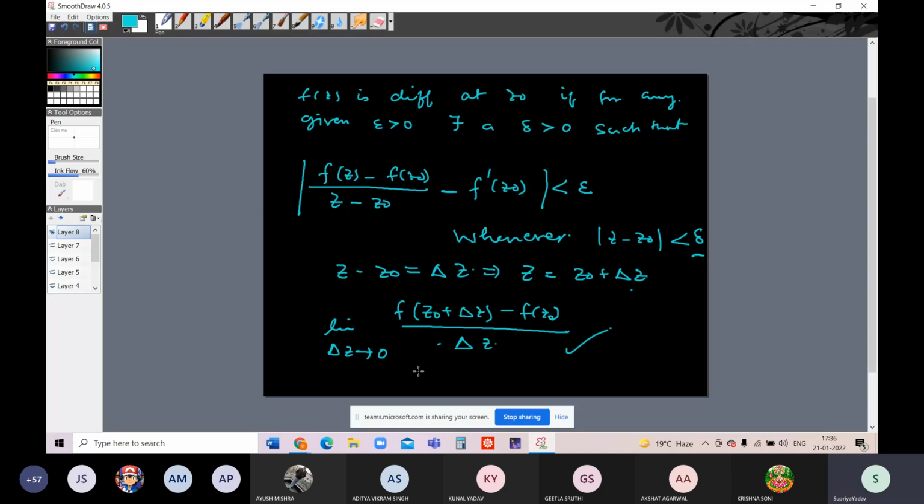Okay. And if we talk about the epsilon delta definition, this definition will be like: f z naught plus delta z minus f z naught divided by delta z, minus f dash z naught, is less than epsilon whenever modulus of delta z is less than delta. So whichever definition we use, all are the same. Okay. Now